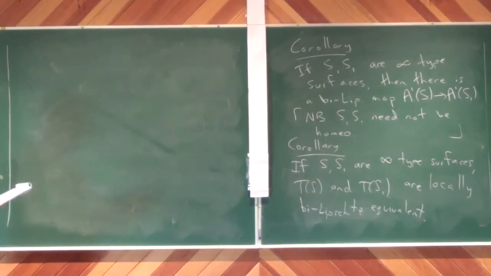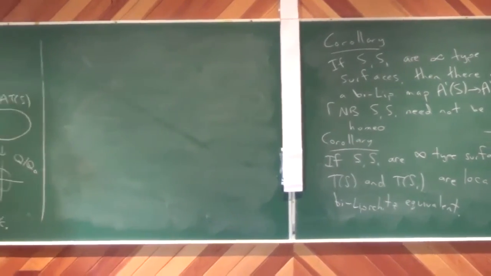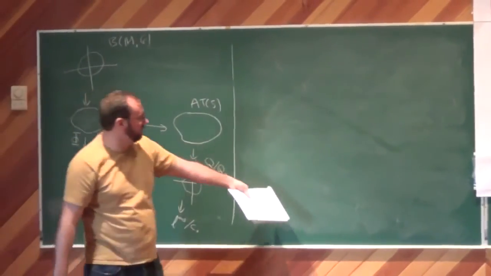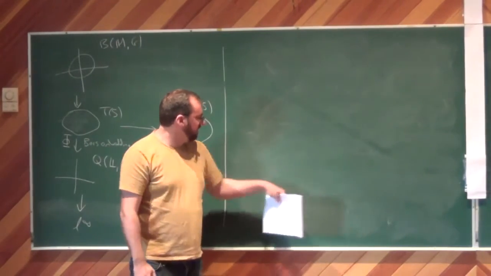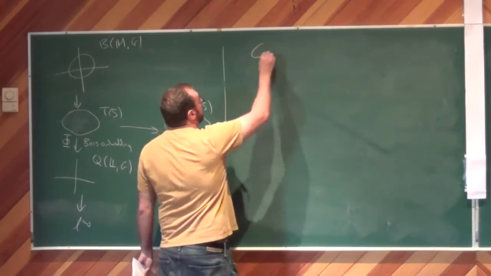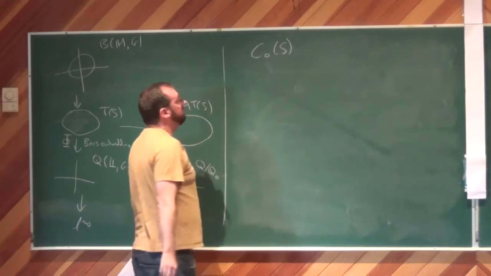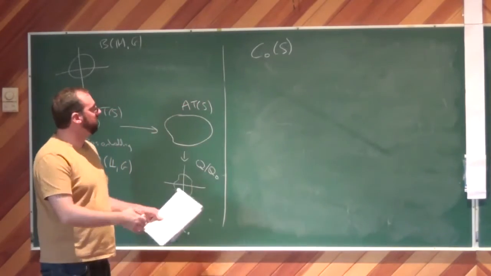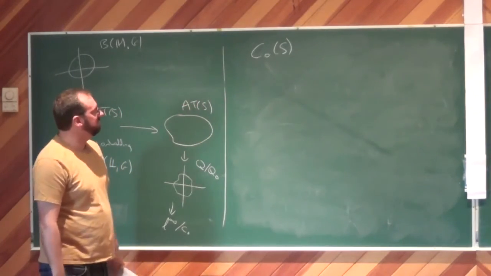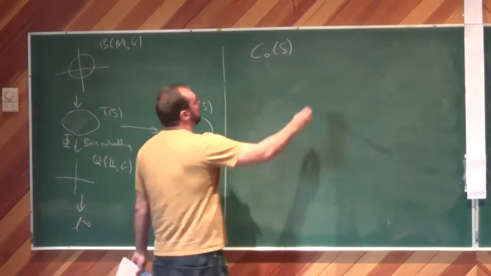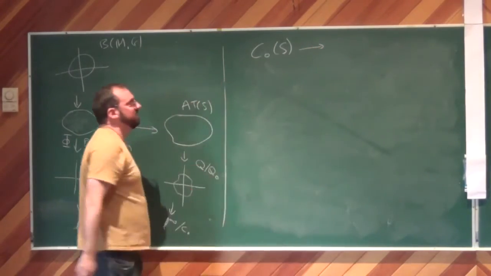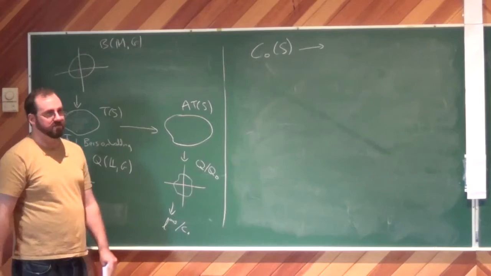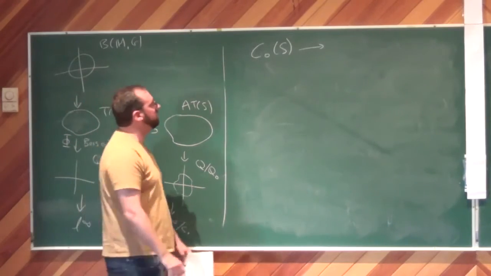Okay, in a couple of minutes, let me give you an idea of how you might go about proving this theorem that I just wrote here in the Q0 case. Well, you set up a big network of maps between various Banach spaces. So you start off with continuous functions which vanish on the boundary of S. And what you want to do